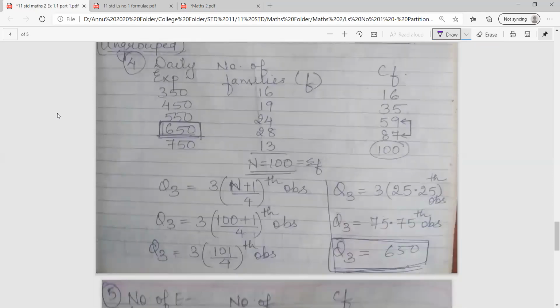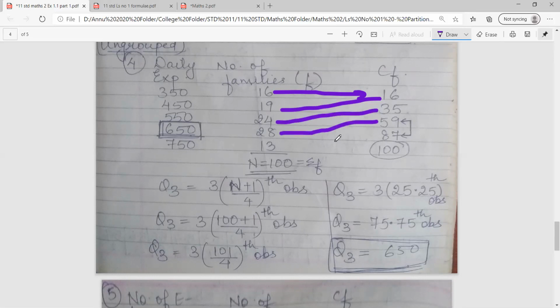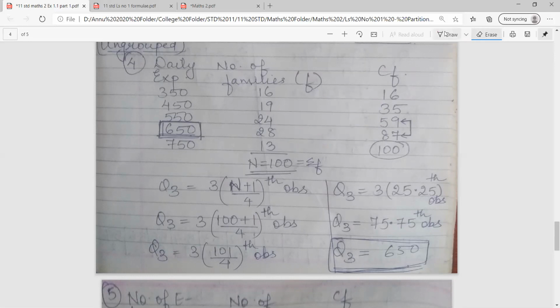For ungrouped data, you first have to prepare the LCF, that is the less than cumulative frequency column. And I hope you all know how to prepare it. 16 will be the same. Then you add 16 plus 19, which gives you 35. Then 35 plus 24 gives you 59. 59 plus 28 gives you 87. And 87 plus 13 gives you 100. So basically the total over here is represented as capital N, or it is also called summation F, is